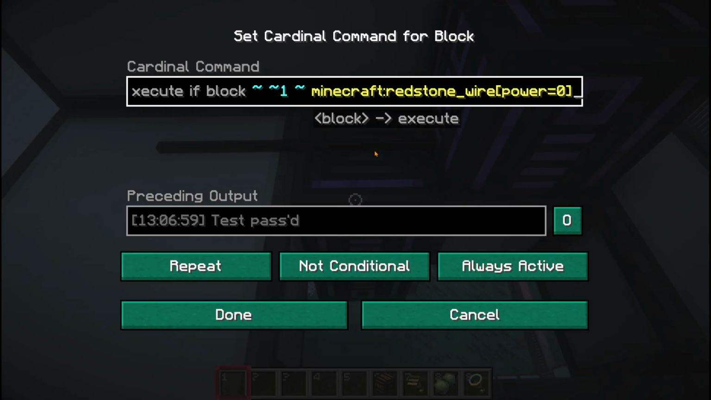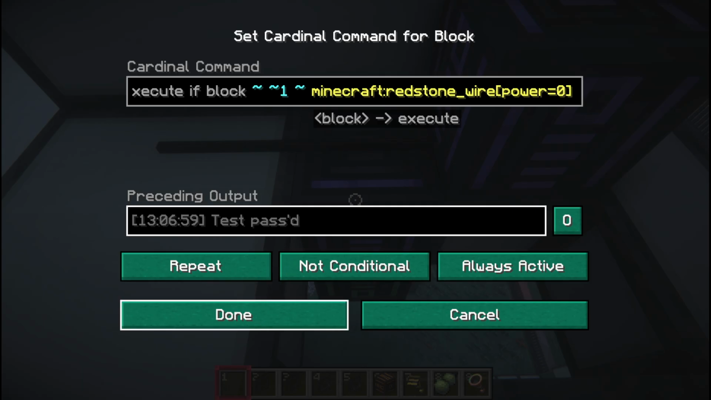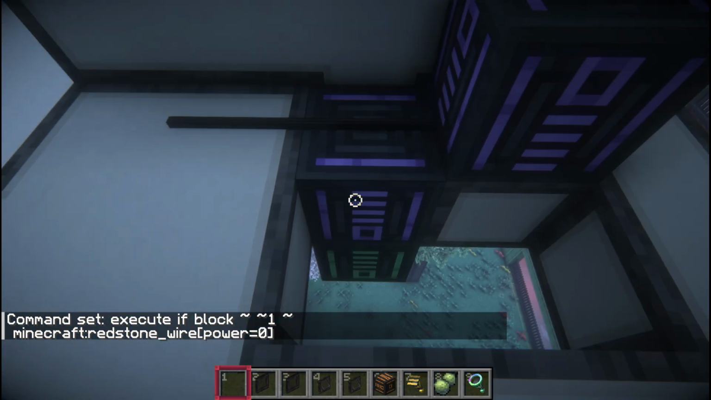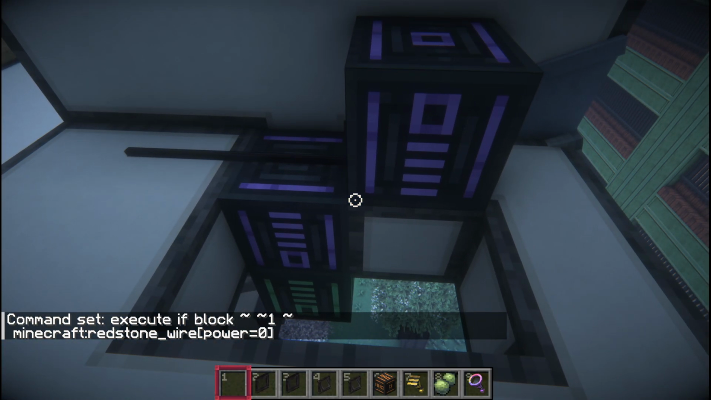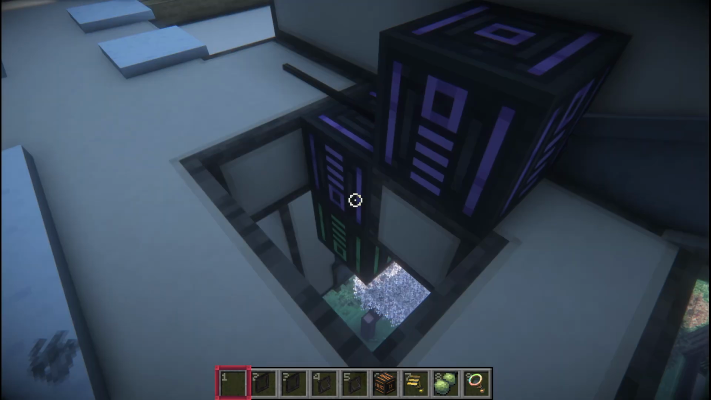That will test, it says test passed right here, because it had a non-powered redstone wire right here, so that passed the test. Repeat, non-conditional and always active. You don't want it to be redstone required because it won't be turned on at that time. Okay, so we got the command shown at the bottom. Okay, so both these are set up,